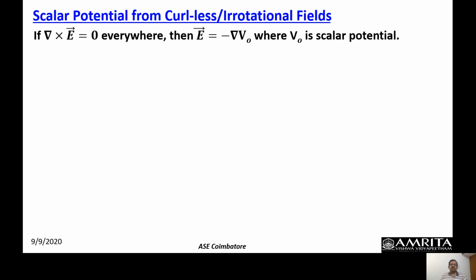Now don't let this minus sign bother you. The minus sign comes precisely because when we talk about potential, we have to have a reference point. The reference point we keep at infinity. At infinity, we have already kept the field to be vanishing, 0. Keeping that in mind, we have written the negative sign, because if I have to bring some charge from infinity where the potential is 0 and put it in space, I have to do work against the existing field.